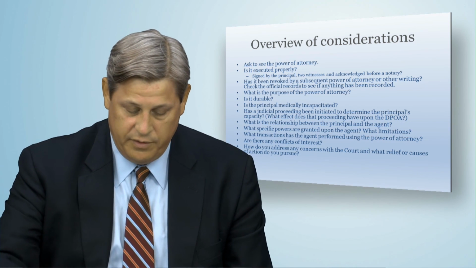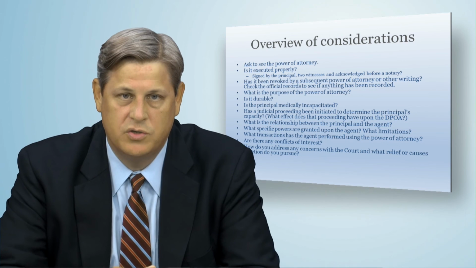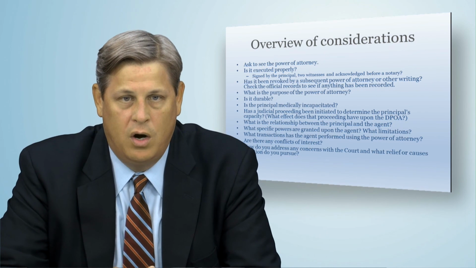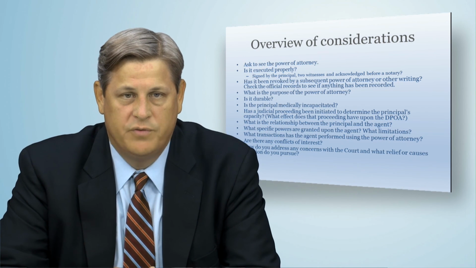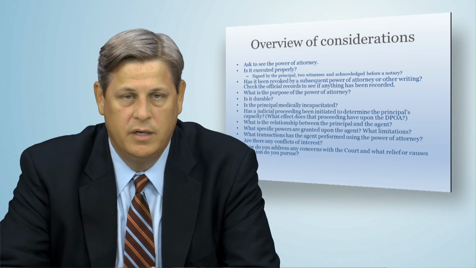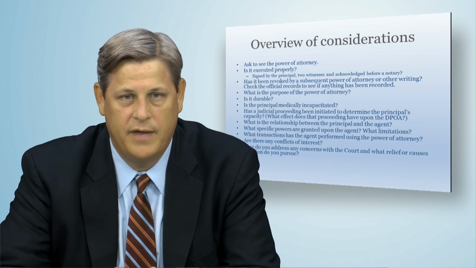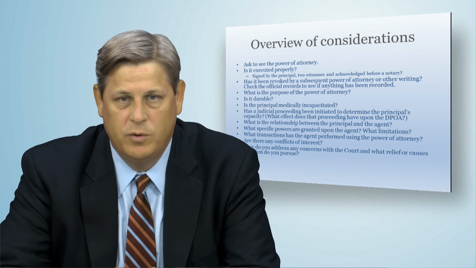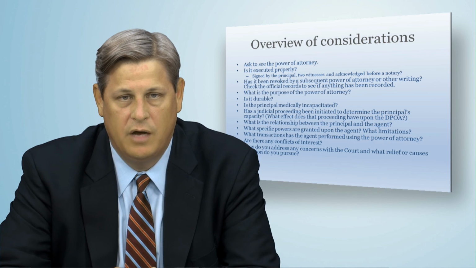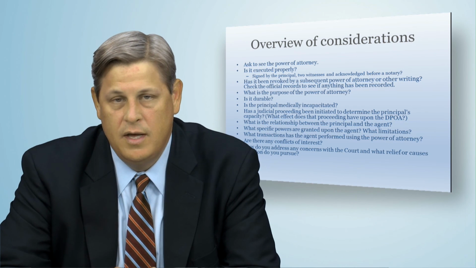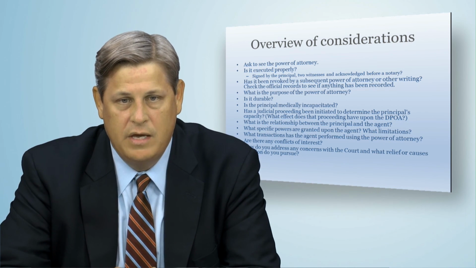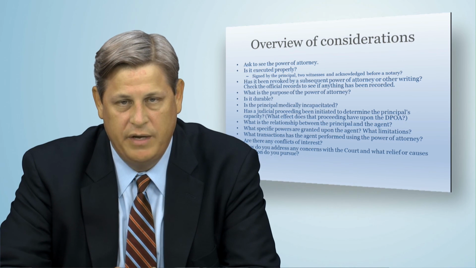And if there is the need for that, remember what those potential avenues of relief are. Remember the avenues of relief to recoup the funds that were taken under Chapter 709. Remember that you have the potential relief under Chapter 415 if the principal is a vulnerable adult under that statute. Remember that you have the potential remedy under Chapter 825 on the criminal statute if the principal is an elderly person that is being victimized by the misuse of the power of attorney.